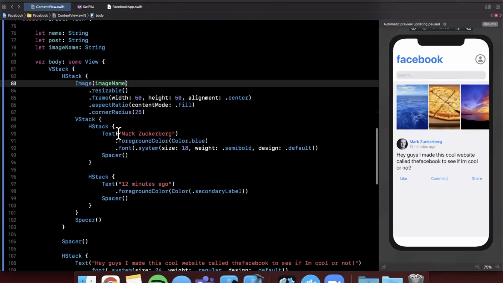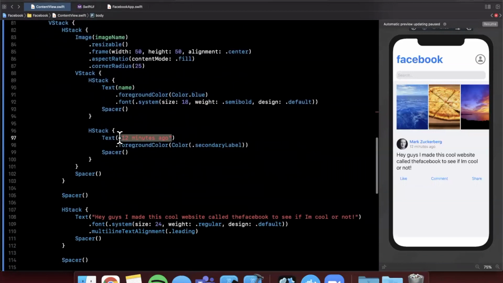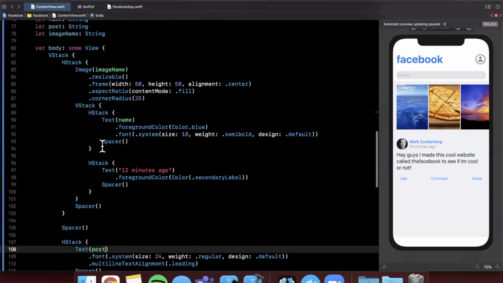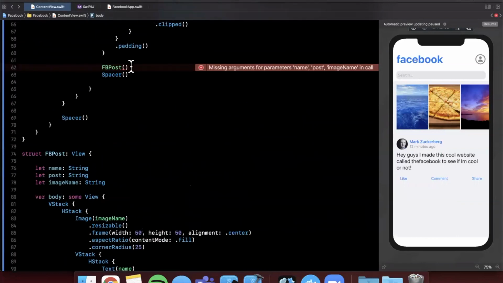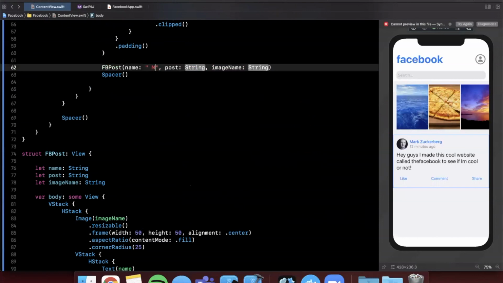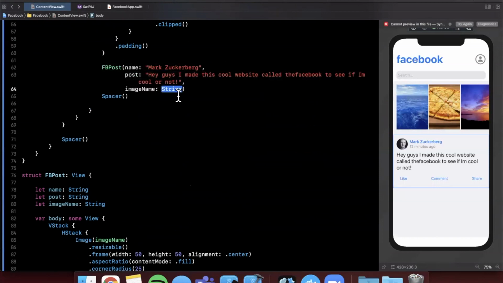And once we pass these in, we can actually go ahead and use these here instead of our hard-coded values. So that'll be that. This is going to be name. I'm going to copy this one here, which is the post, so I don't have to type it again. And now where we used our Facebook post, you can see it's already yelling at us before I even got there. We can actually go ahead and put in the name here. So we can say Mark Zuckerberg. Post is our post. And what is this one here? Our image name